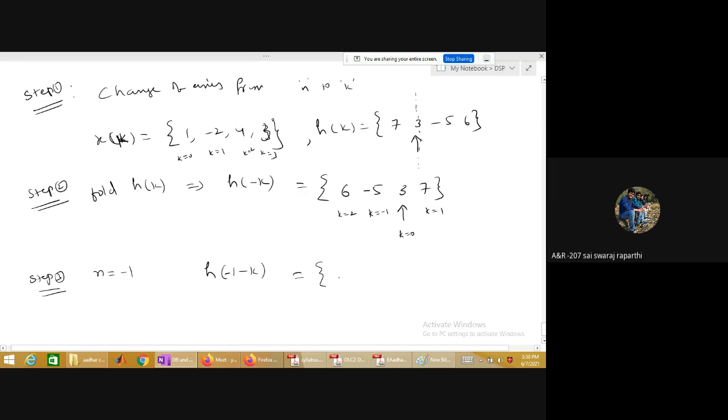Sir, a little confusion. No confusion. Okay, I'll try to draw here. This is H of minus K for me, which is 3 here. -1 has -5 and 2 has 6. Okay, this is -2, this is -1, 0 at 3, then at 1 there is 7. Is it clear? Okay sir.